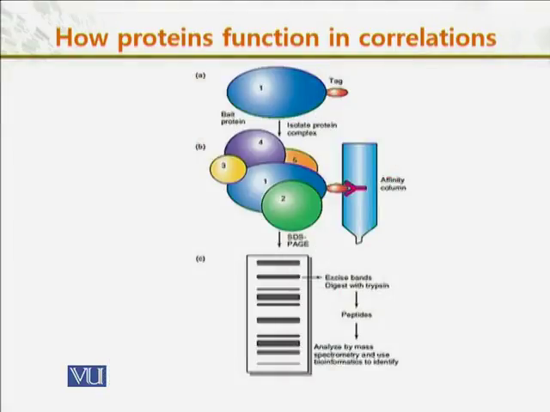Now the whole procedure is shown in this diagram, where you see on top an engineered bait protein. A tag is attached to it, then it is degraded and isolated, again separated by affinity chromatography, and the different peptides are run through SDS-PAGE. It gives us the different peptides, where further analysis is carried out precisely to determine this.